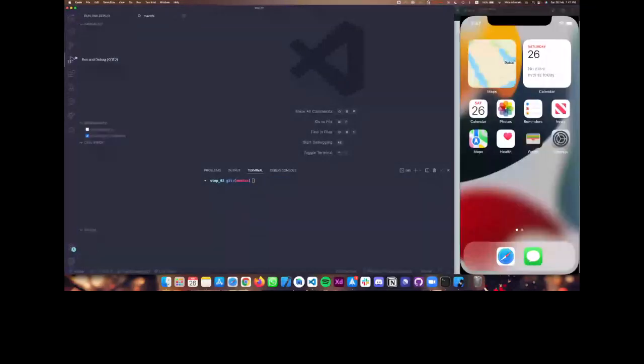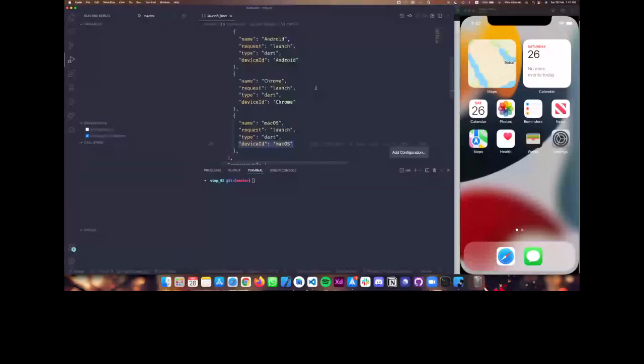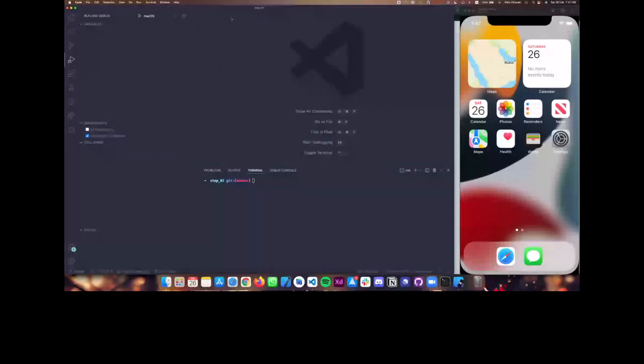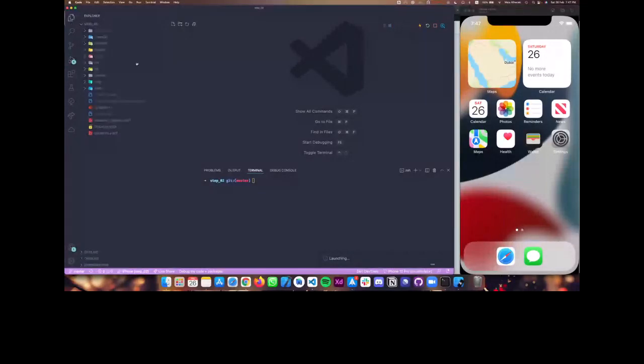If we go to the run and debug, we can notice multiple configurations, one for iPhone, Android, Chrome, macOS. These configurations are targeting different devices. Since I have an Android, I'm sorry, the iPhone, and click run. This will launch my application. While it compiles,